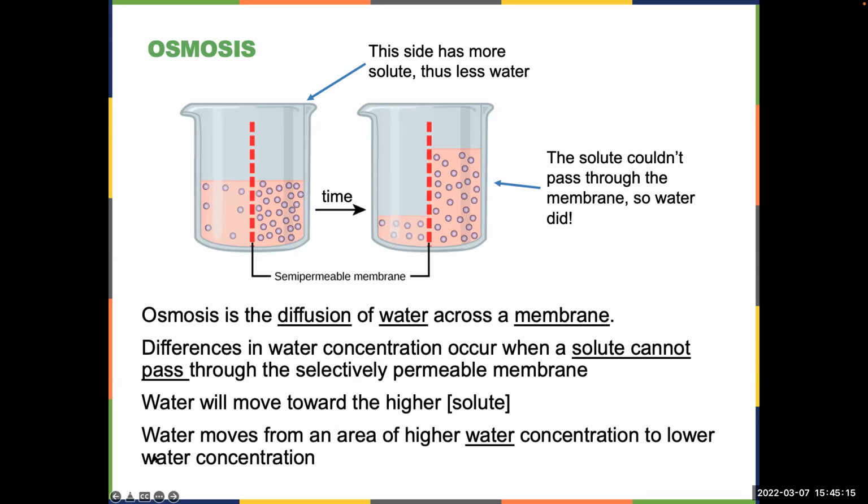This is what your book talks about. I want to make sure you're paying attention though, because if you're talking about solute, you would say water moves towards the higher concentration of solute. If you're talking about water, water is moving from an area of high water to an area of low or little water. Okay, so in this picture, we would say this has a lot of water and this has a little bit of water. Yes, the level is the same on both sides, but we have so much more solute on this side compared to this side that you have less water to